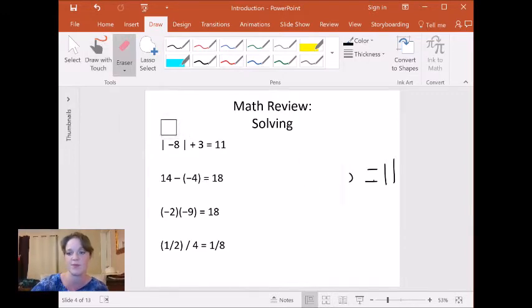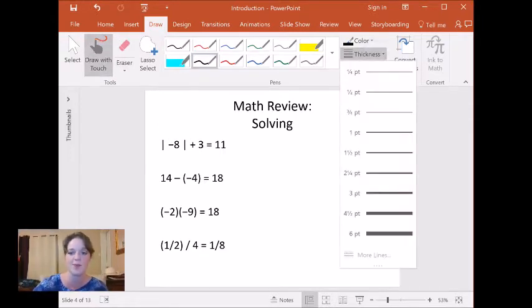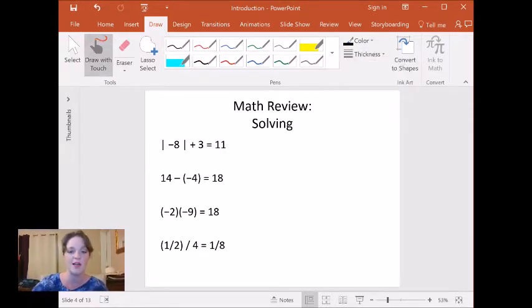The next one is subtracting a negative, right? And you can put the negative number in parentheses just so there's no confusion that this is a standalone negative number. To solve this one, it's the same idea. Because you're subtracting a negative number, it's like you're subtracting debt. If you have $14 and you owe me $4, but I'm going to subtract that debt,